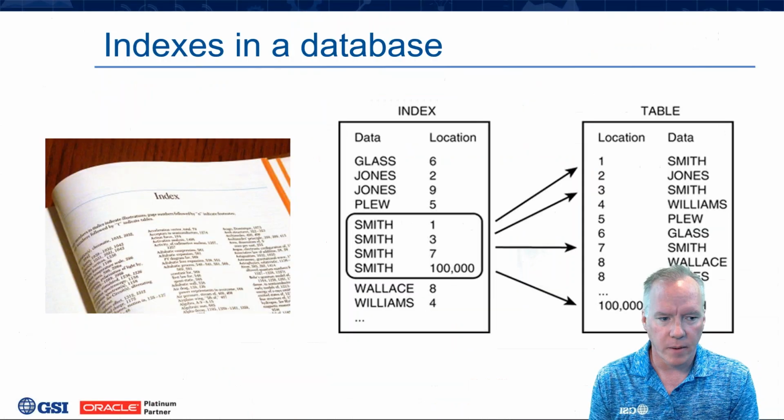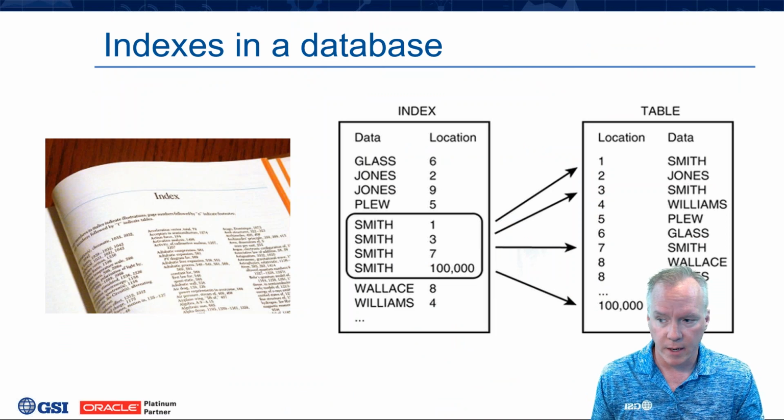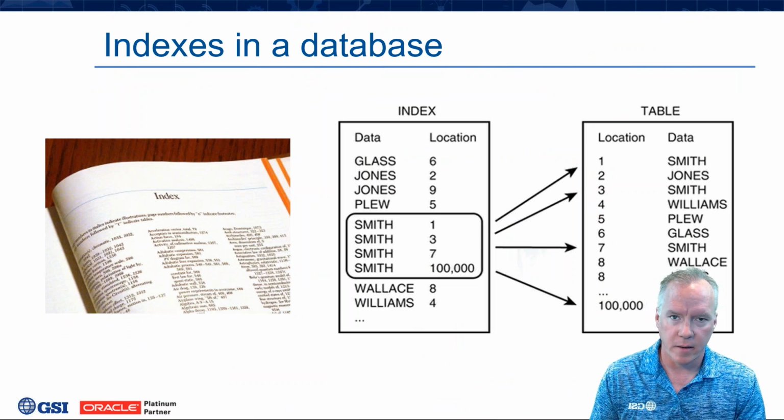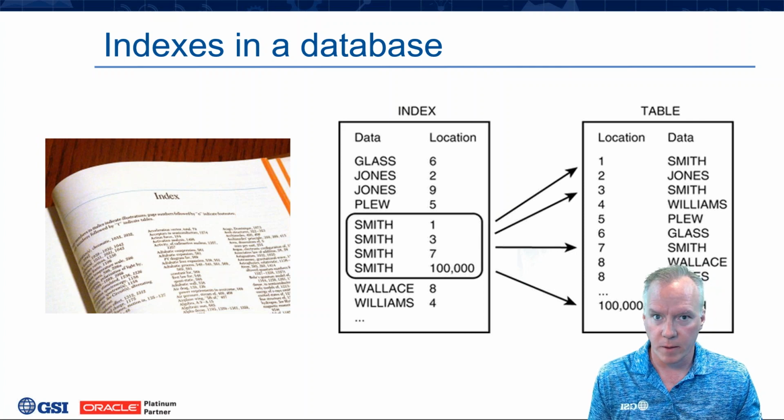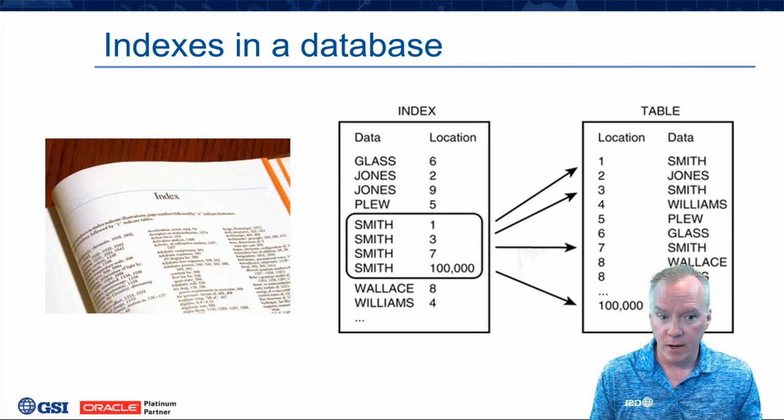Now, a database index is a little more complicated, of course. The dry explanation, the definition of an index from Wikipedia, is that it's a data structure that improves the speed of data retrieval operations on a database table at the cost of additional writes and storage to maintain that index. So without an index, the database has to,